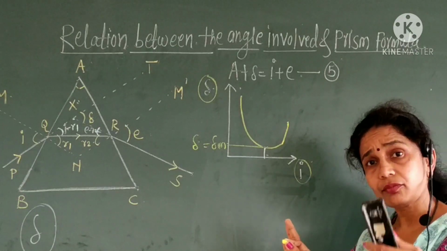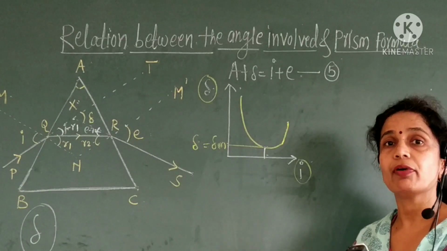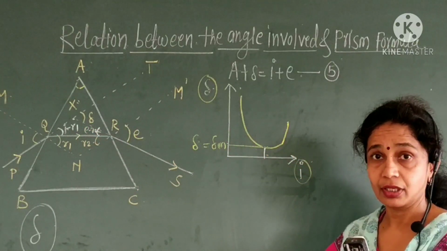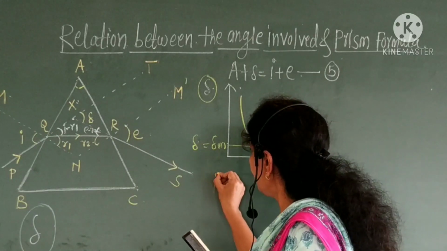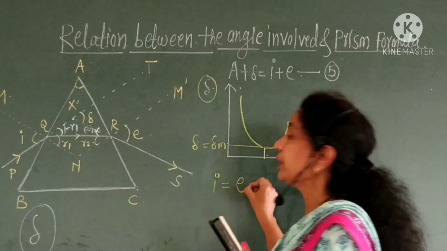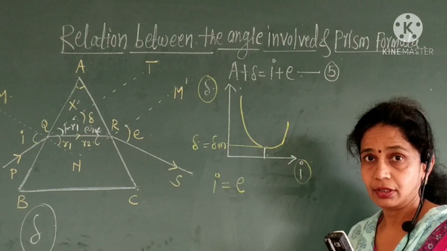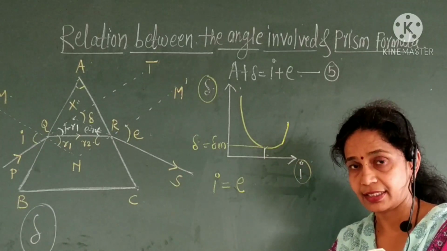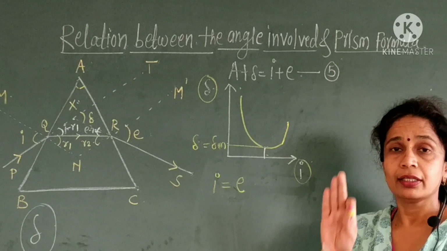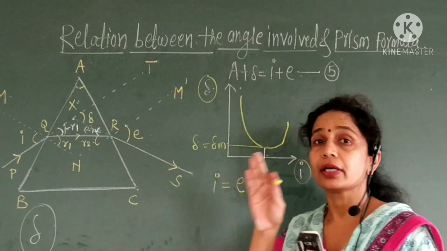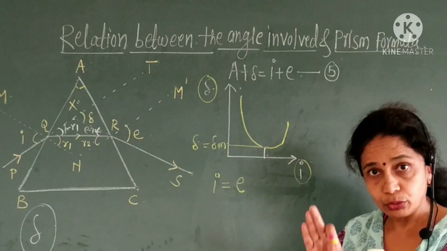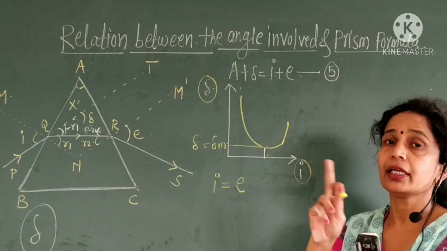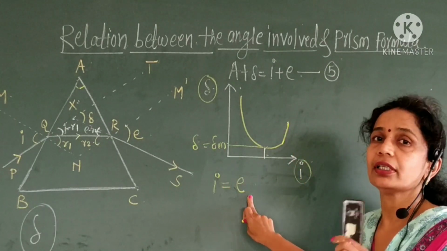Okay, then by using the principle of reversibility of light to the ray PQRS, it is obvious that if one of the values is I, then the other must be E and vice versa. जर एक व्हॅल्यू I असेल तर दुसरी काय असणार, ऑफकोर्स E असणार आहे. आणि if one of them is E असेल तर other should be I. Okay, therefore by applying the principle of reversibility of light to the path PQRS it is obvious that if one of the values is I, the other must be E,